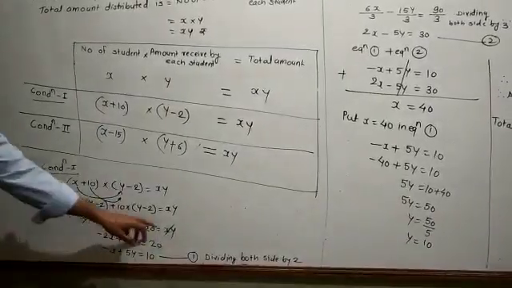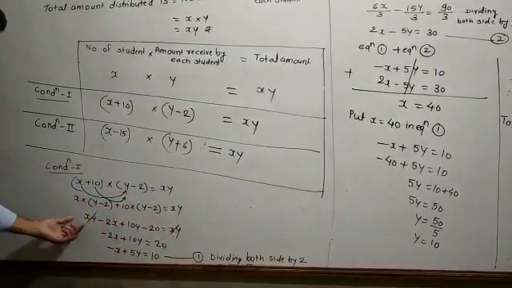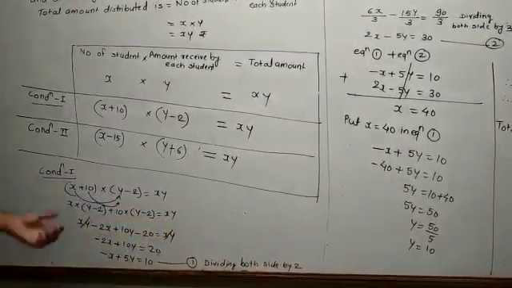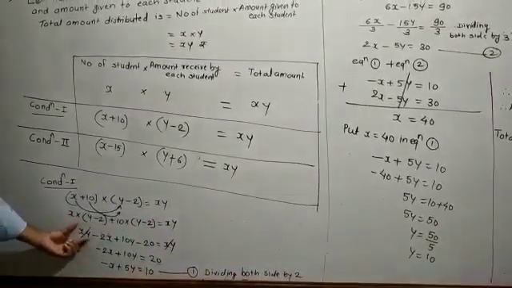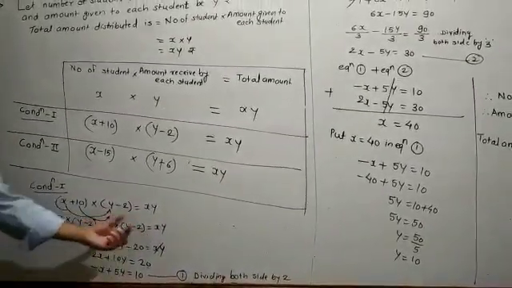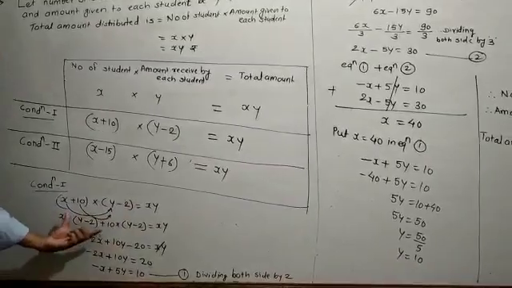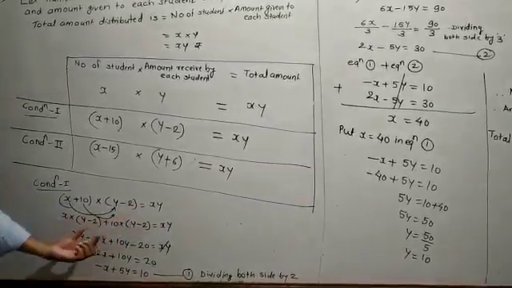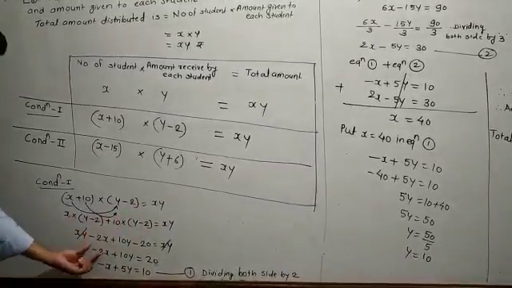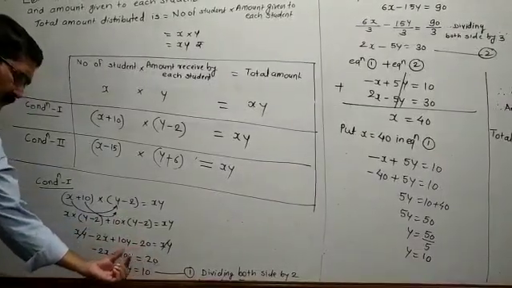You have to strike this xy. Otherwise if this xy goes to that side, it becomes minus xy, plus xy minus xy cancel. I will cancel like terms having the same sign in between the equal to sign. At that time you have to cancel that term. Minus 2x plus 10y is equal to 20.